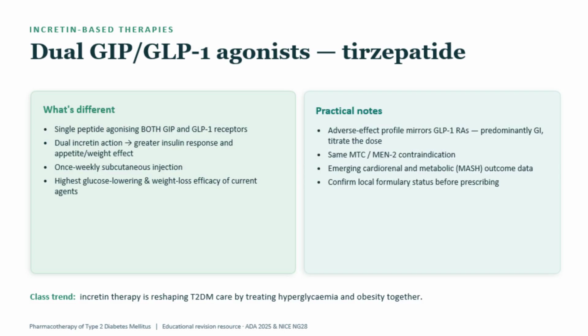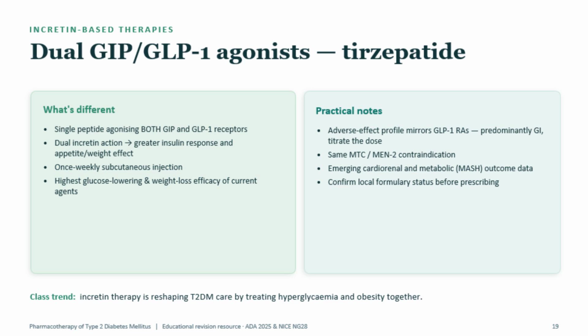And now the new kid that's rewriting the record books: tirzepatide, a single molecule that hits both the GIP and GLP-1 receptors. Two incretin pathways at once means the biggest glucose drops and the biggest weight loss of anything we've got right now. It's once weekly, and the side effect profile mirrors the GLP-1 agonists, mostly gut, so you guessed it,